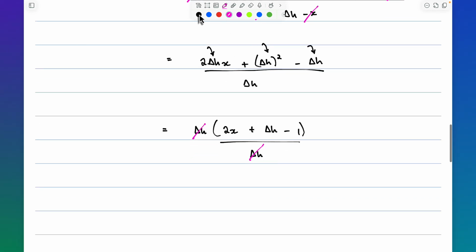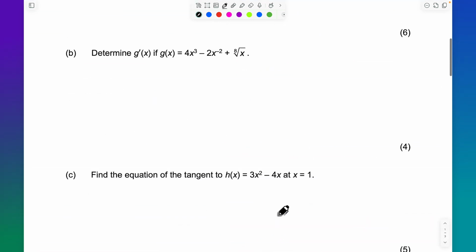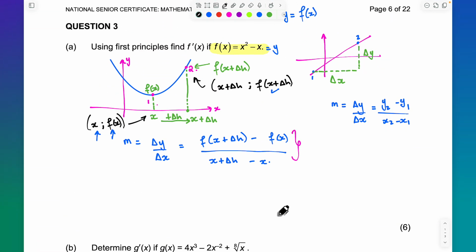So at this point, all we have now is 2x plus delta h minus 1. This brings us back all the way to our equation at the beginning, right? We just took 2 points, point number 1 and point number 2. But this is not a straight line, because this is supposed to be used for a straight line. But this doesn't actually work, because you see here, there's all this room. It doesn't describe the graph properly, because as you can see, it leaves all the space between the graph and an actual straight line. However, if we make this gap